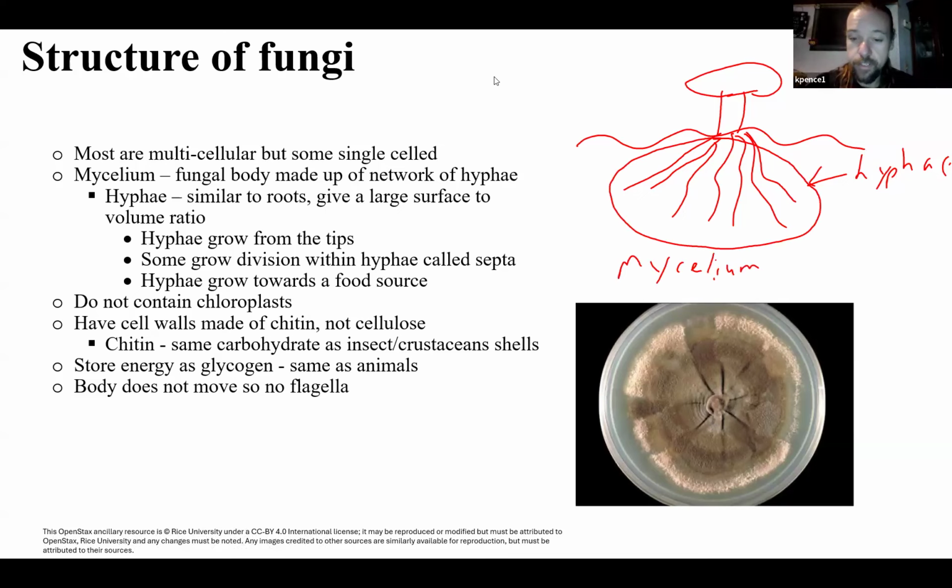Now, what you see in the petri dish, this is the way a fungus will grow. So it started out here in the middle of the petri dish, and then from there, it produces hypha. So these little lines you see, and the fuzzy tips at the end, all those are individual hypha. Now, the entire thing, that is the true fungus, and that is called a mycelium.